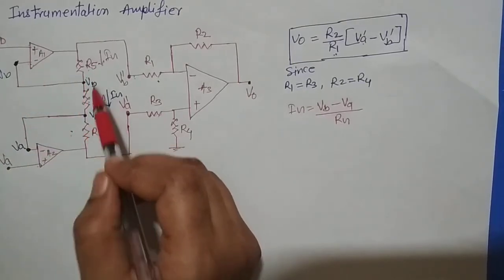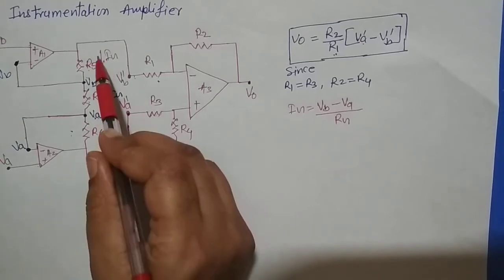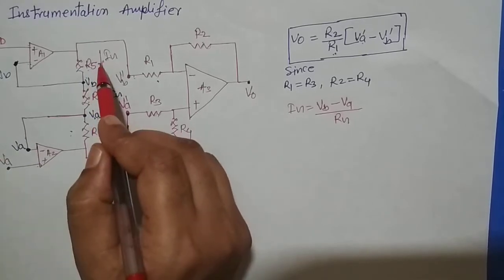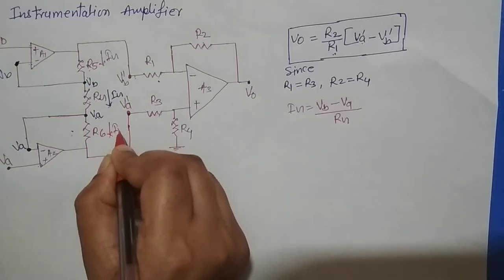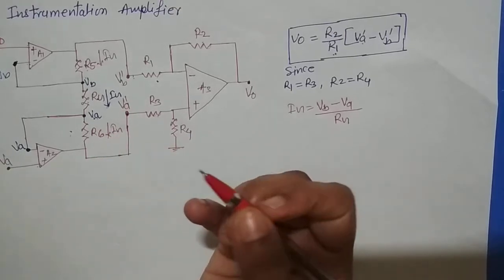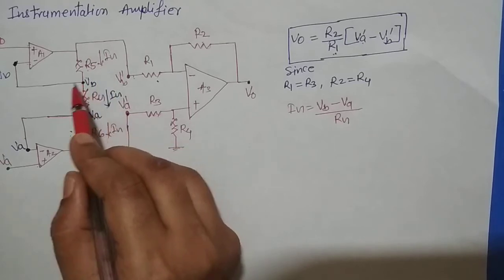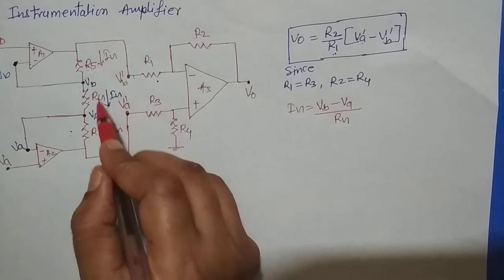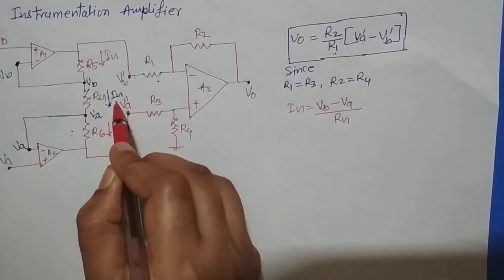So all the current will appear here, and here the current is Ig. So this current and this current will be equal, meaning here Ig will also flow and here Ig will flow. Okay, because here current will flow and there is no current flowing in this direction, meaning the whole current is flowing across this Rg, and here the current is Ig.